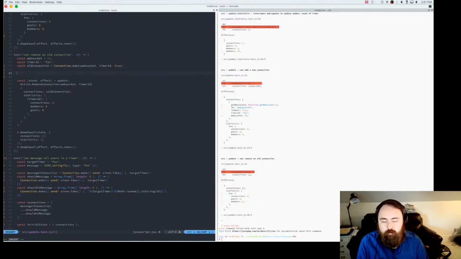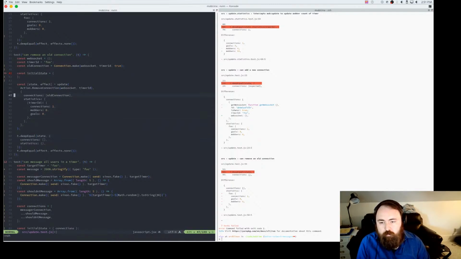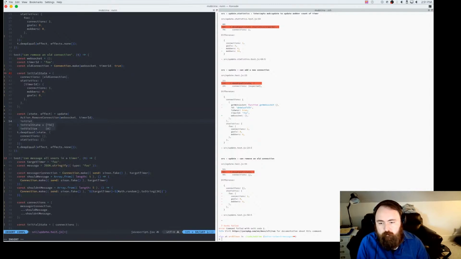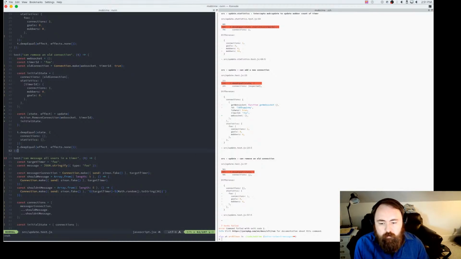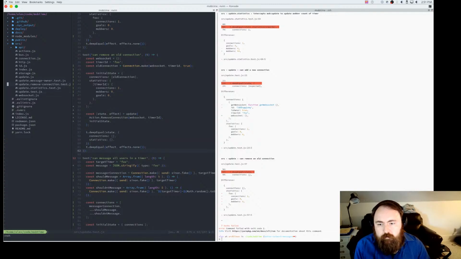Let's split this out a little bit. So let's do const initial state. Oh, I see. So I do have it saying that it's going to delete that. But let's put initial state in isolation, so it's a little easier to read what's going on. Okay, now with that, I think everything's going to just work. Nope. So it does not contain these. Interesting.